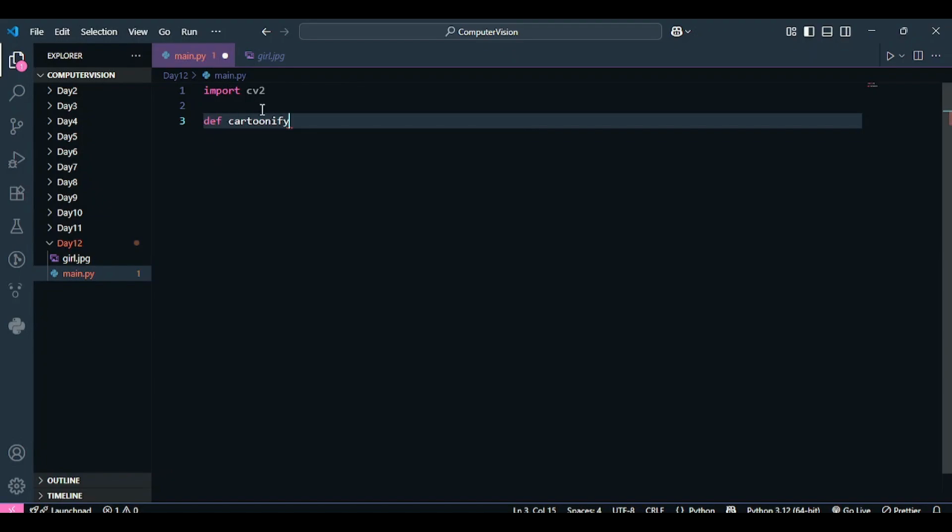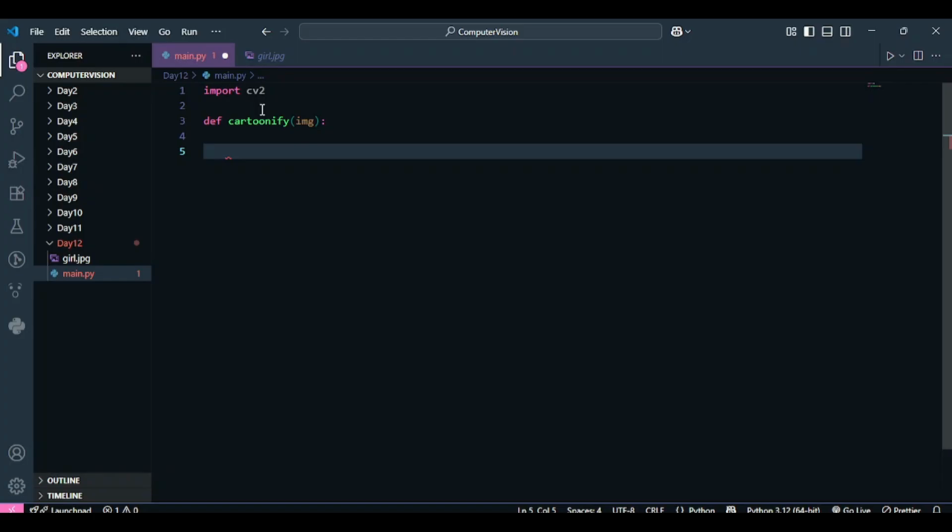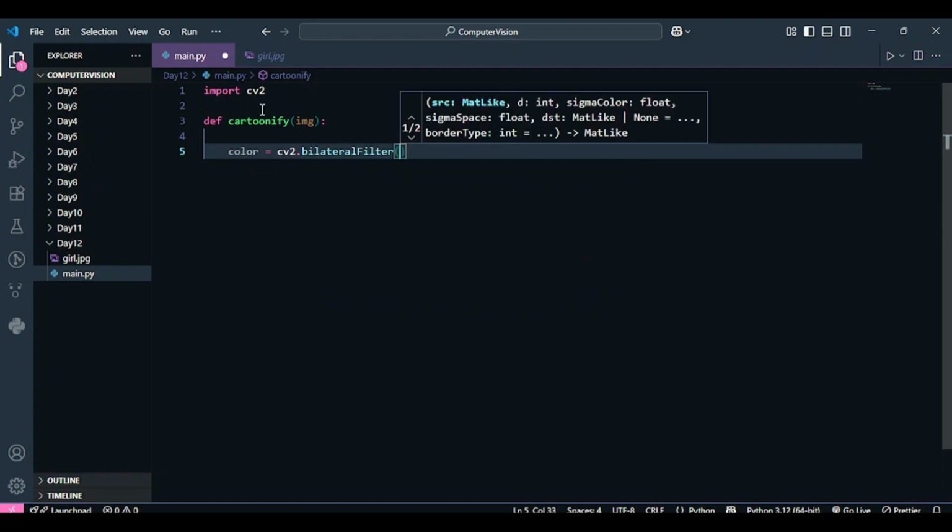I'm going to call this function cartoonify, and it will accept an image as a parameter, an image in case of an image and a frame in case of your webcam. The first thing I want to do while cartoonifying my image is to smoothen out my colors, and I am going to do that using the OpenCV function called bilateral filter. First I have to pass the image name, then the neighborhood size, and then the sigma color.